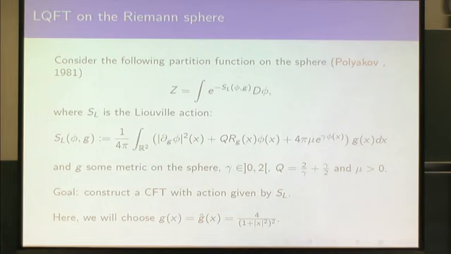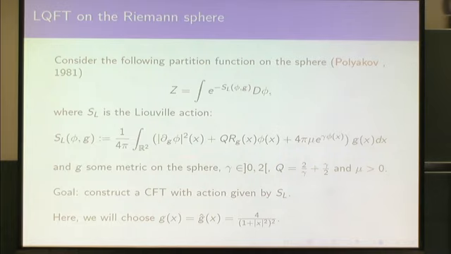So the Riemann sphere, okay, I should add infinity here, but I'm going to say the Riemann sphere in this talk is R2, but I should rigorously add infinity here. So of course the Riemann sphere is R2 union infinity by the stereographic projection. And so the goal is to define this thing here where the action is given by this term here, these